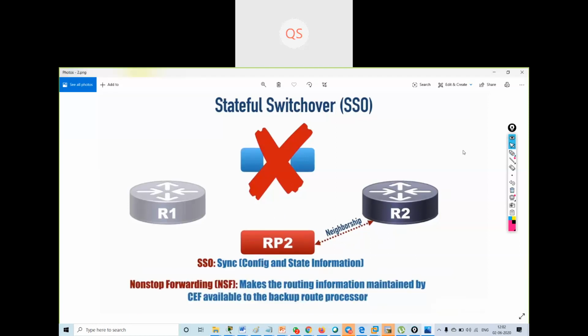So what I can do is use something known as non-stop forwarding, NSF. With SSO I can use NSF. When I'm using NSF, it will not only forward the config and state information, it will also forward the CEF. What is CEF?